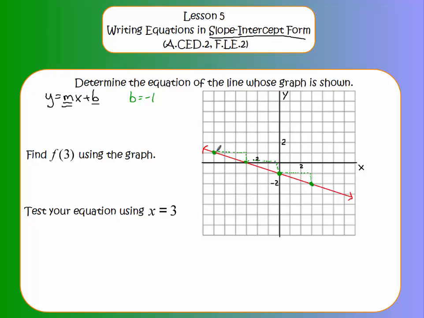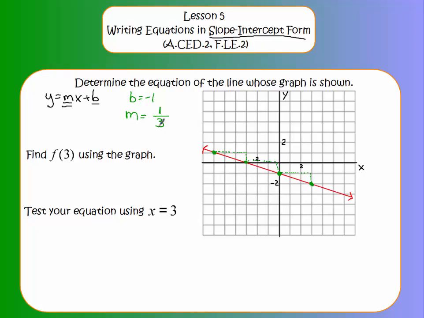Some things to think about. The slope is going to be, we know the up is going to be this 1. Now, we know that we're going to the left 3. Some things to think about here is that this line, going from left to right, is going down. That's a negative correlation. Remember again with scatter plots we saw this. When the line is going in that direction, it's what we call a negative correlation, which means we have a negative slope. So I went up 1 and ran 3, so the run is 3, but this whole thing needs